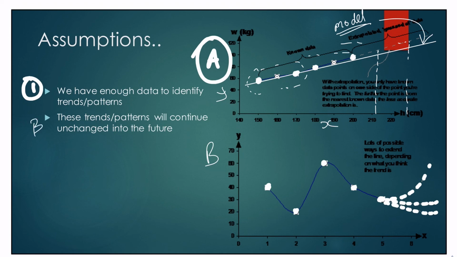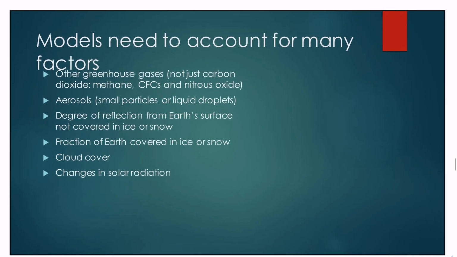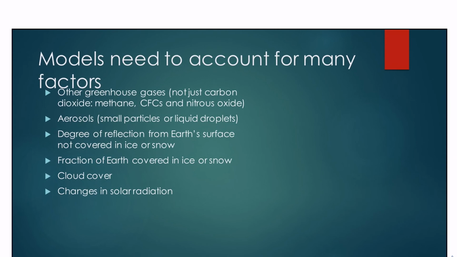And the second assumption is that whatever patterns we've seen so far are going to exist in the future. It's the same pattern, which might not be the case. Humans and their activity might be changing the patterns as they have been up until now. So the more factors that we take into account, the more accurate our predictions may be. Which takes us to our next point, which is